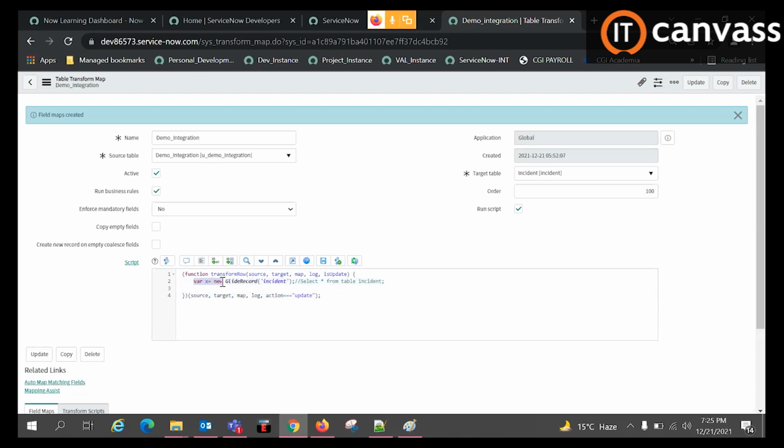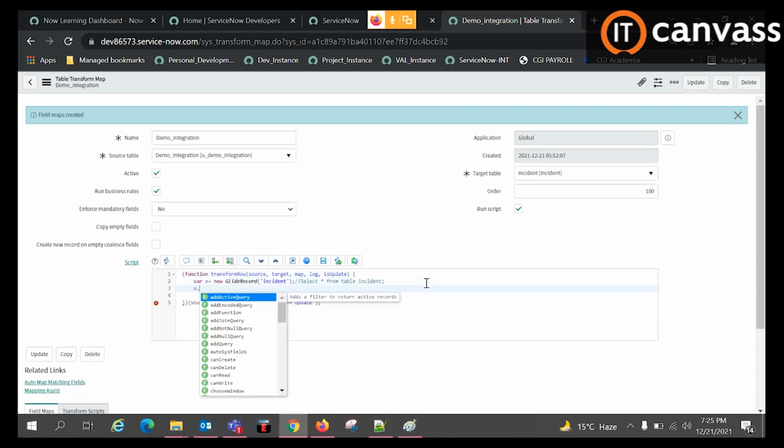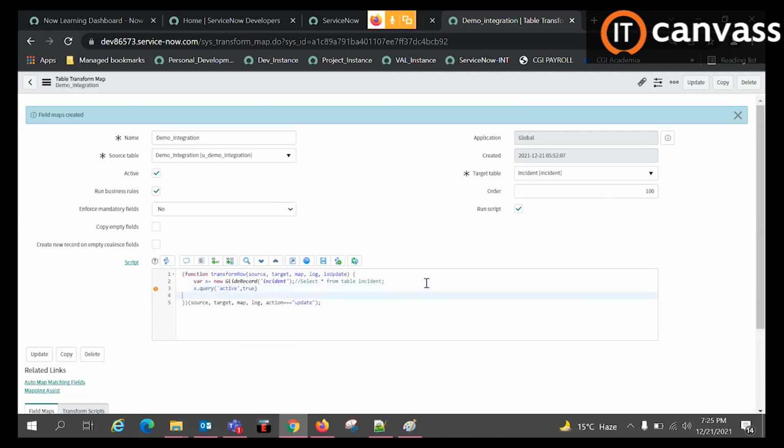So what we are doing here is querying this particular table, the incident table, and doing the coding. Suppose x dot query, and if you want records which are active in the incident table, we can write active comma true, because that's a boolean value. Then you can make x dot query. Then you have to put if x dot next. Just an example I am telling you. This is how you need to do the coding in the transform map table